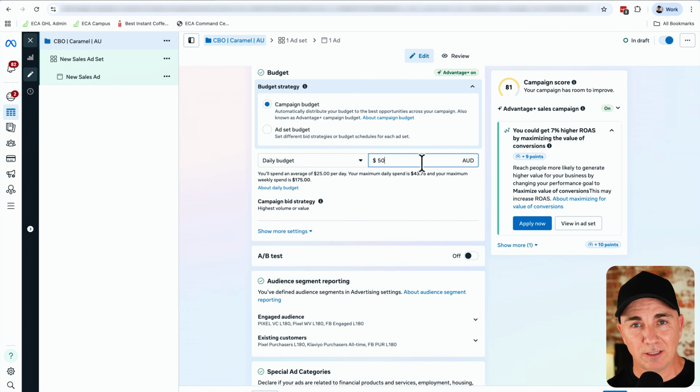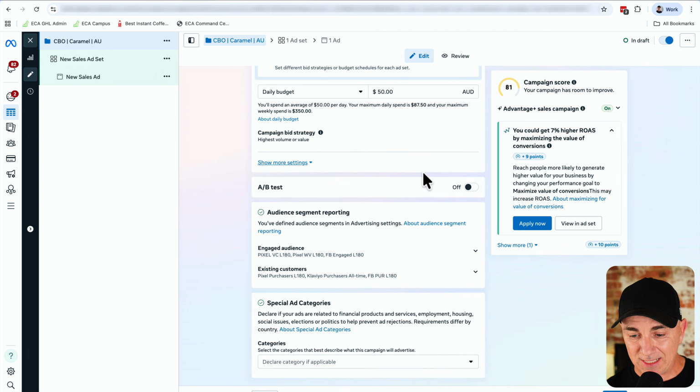Start at about $150 to $100, where you can afford, but don't make it too low, because then there won't be enough spend for Meta to go out and find you that audience, okay? So let's scroll down a little bit. We're not going to do any A/B testing. Now,